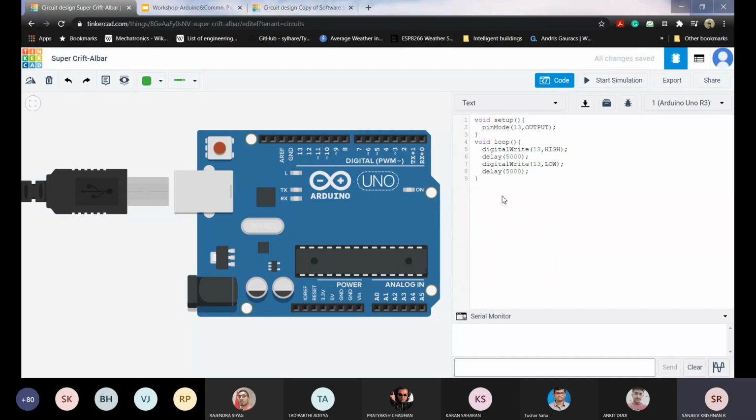But Arduino can have only one program at a time. Or you can use your C++ knowledge to do this. You can declare a variable named anything, let's say int x is equal to 0, and you write if x is equal to 0, the first code written here will run, and at the end of this you change x to 1.